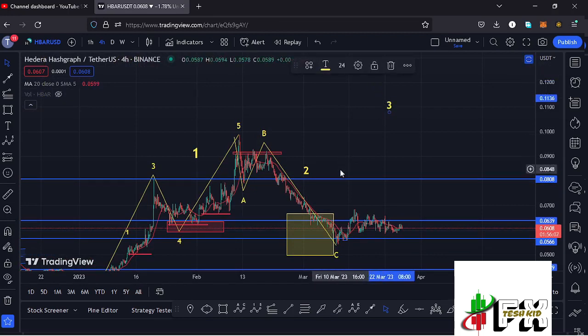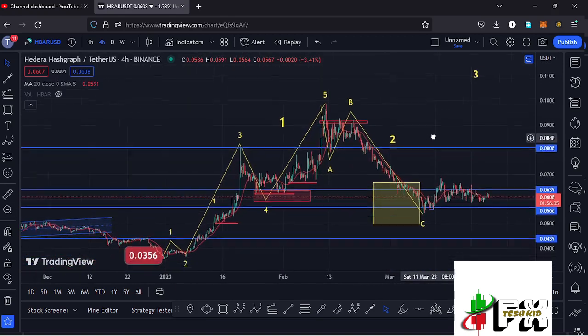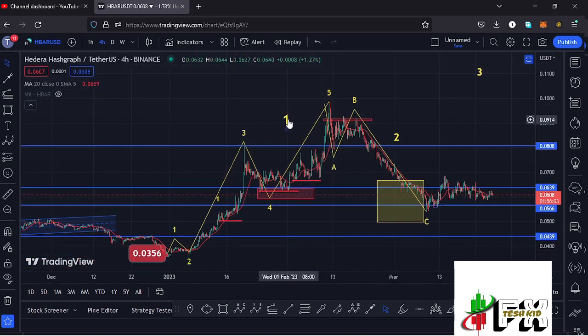And all this is playing out after we fully peaked in the formation of a larger Elliott wave count 1, and that was after seeing a 5 wave structure to the upper side, having the wave 5 giving us a peak at around the $0.0989 mark, and also completing the formation of this first wave to the upper side. And before I get further into the technical analysis to give you the short-term scenarios and also sketch out my target areas to the upper side in the formation of this wave 3,